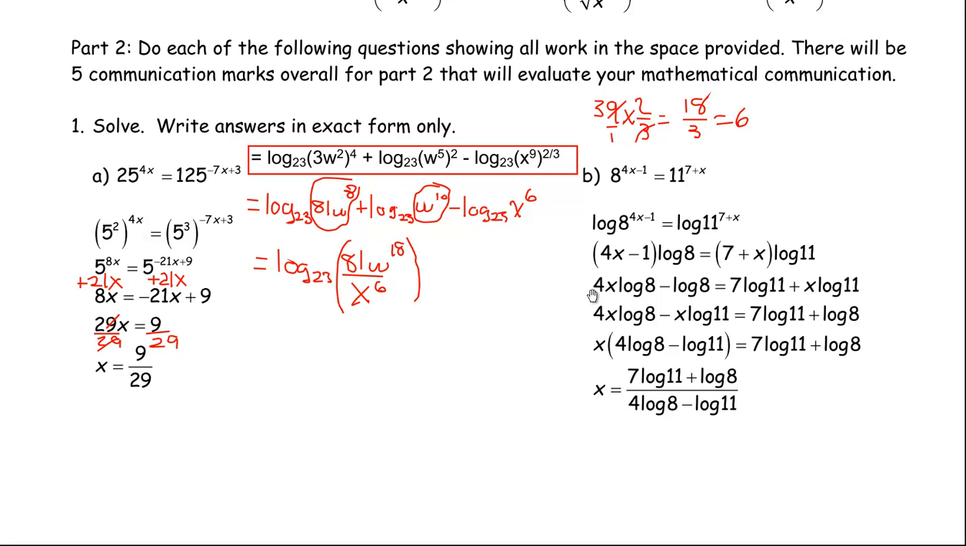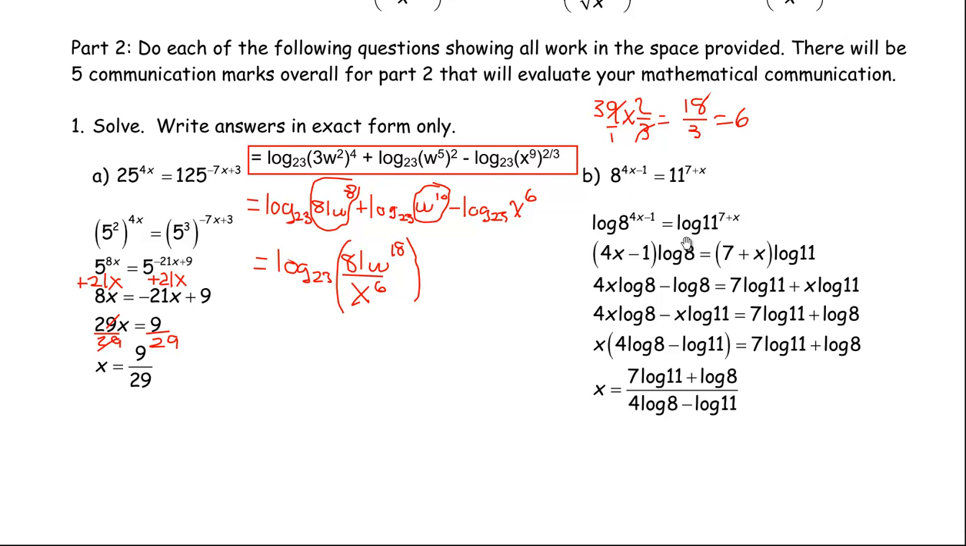Now in B, I cannot write the 8 and 11 as powers of the same base, or not so conveniently as I can with the 25 and 125. So that's why I'm going to use logarithms here. It actually is possible to do that with logarithms, but it's probably more complicated than what I've done here, so that's why I'm just going to use logarithms. And so